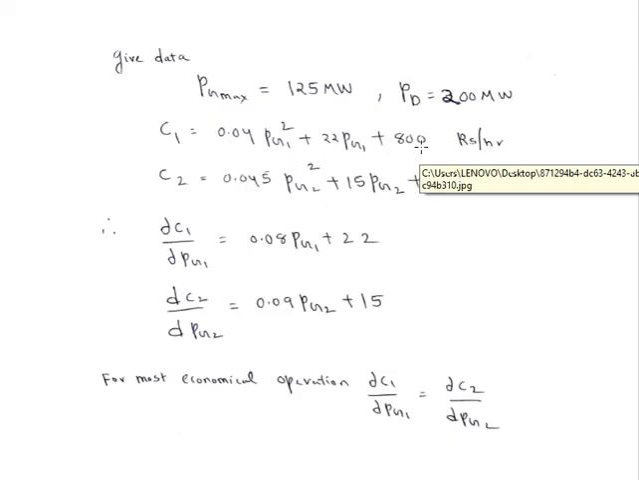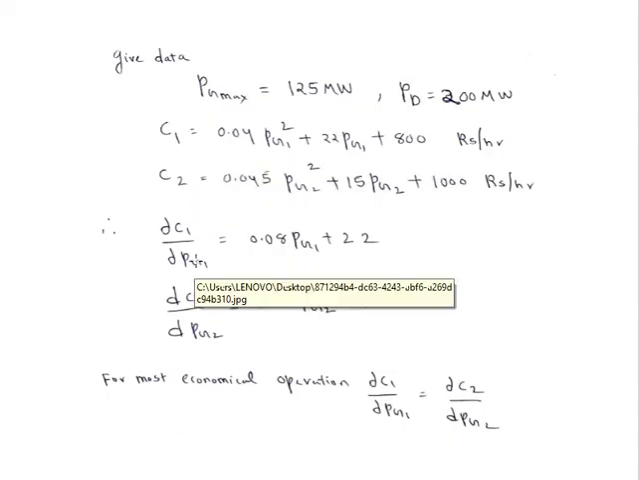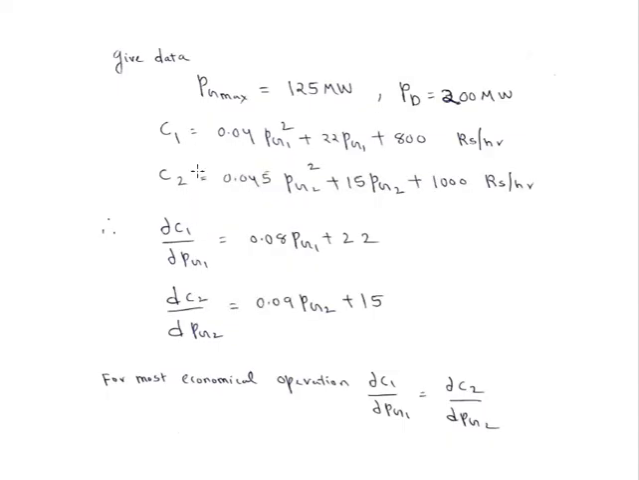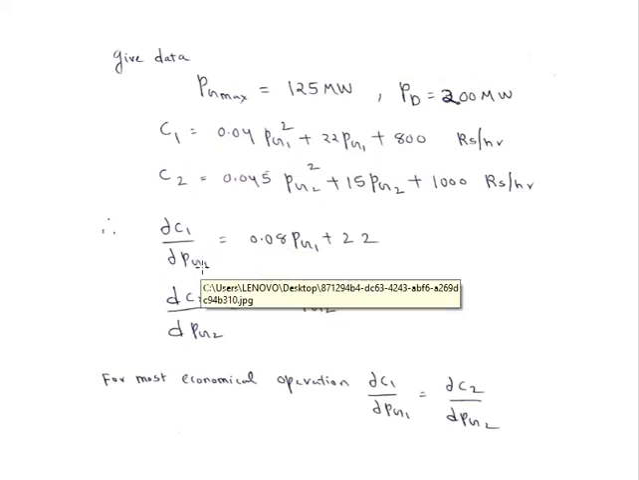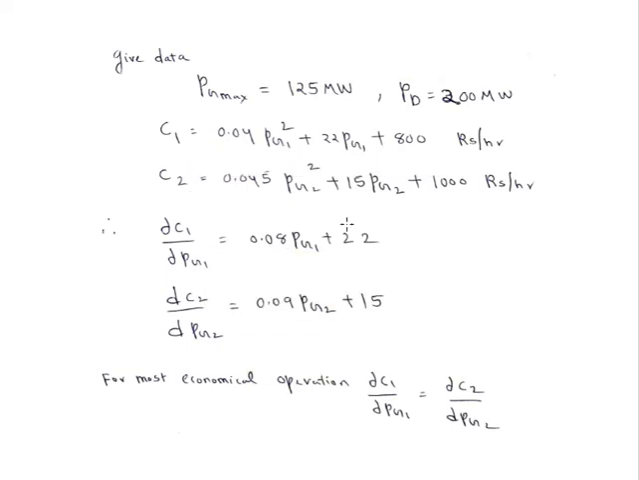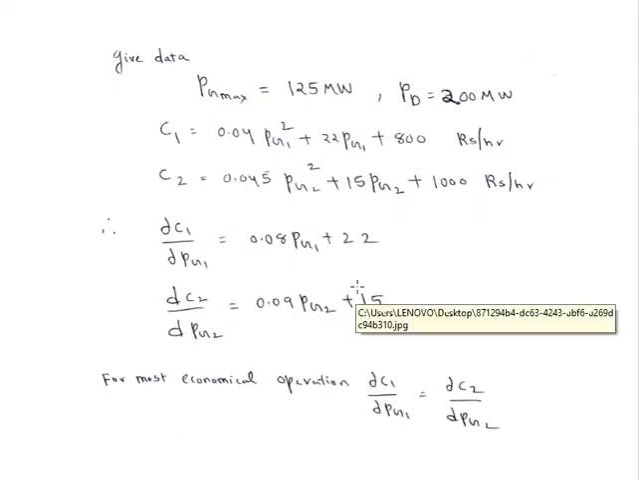As per the previous classes, for optimum scheduling, the most economical operation, the condition is that the incremental fuel cost of the individual plants are equal. For that purpose, we need to calculate the incremental fuel cost of the given cost curve. This is nothing but the derivative with respect to the power generations, that is dou C1 by dou Pg1 and dou C2 by dou Pg2. Both represent the incremental fuel cost of plant 1 and plant 2